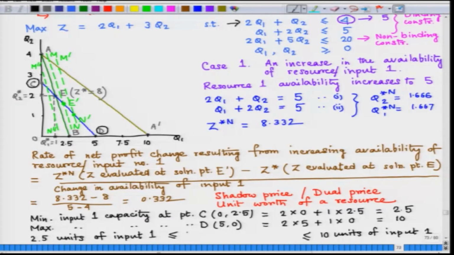So, if my input availability is within 2.5 and 10, then basically in that range the shadow price or the dual price will remain constant, and that is equal to 0.332. Now, let us look at case number 2, which talks about an increase in the availability of resource number